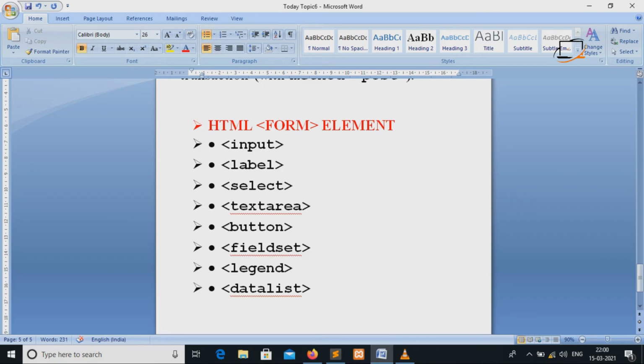I already discussed input, in which we use radio buttons, text, submit buttons and more. The label tag defines a label for a form element, and it is very useful for displaying single-line content. The select element is used for selecting from a drop down list.